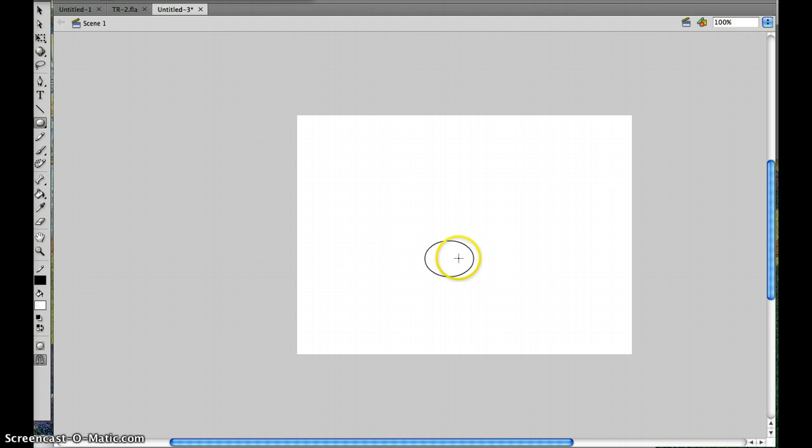Now there is a fill in here, it's white, and I will look at that in a minute so you can see how that works. I need a second circle. We're going to draw the basic outline of the president's face. So I'm going to draw a circle on top,